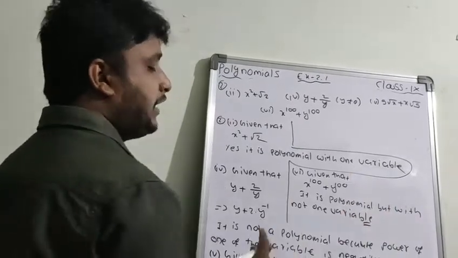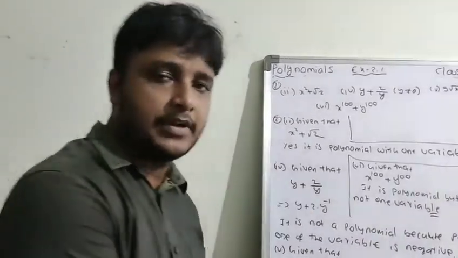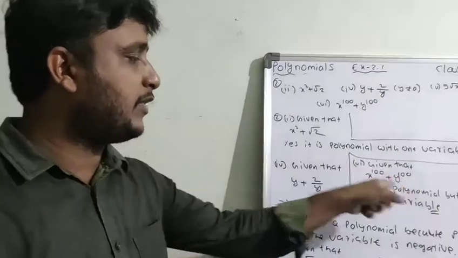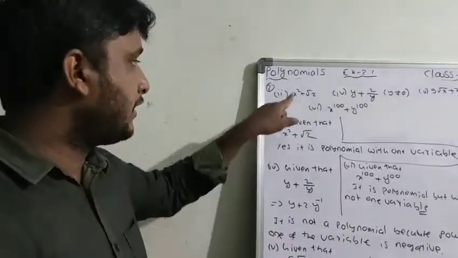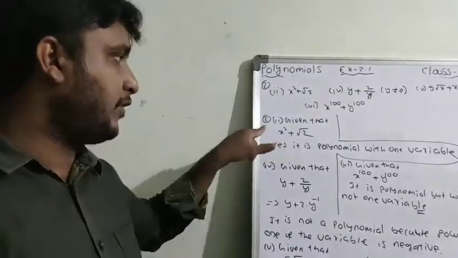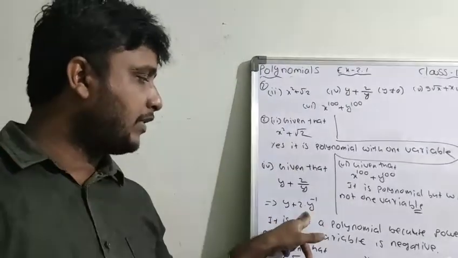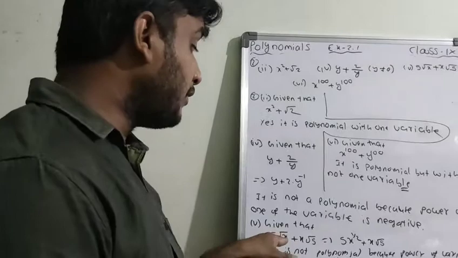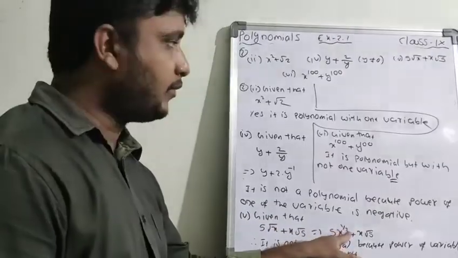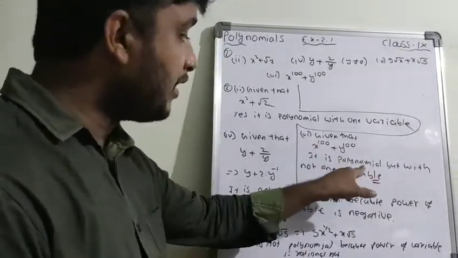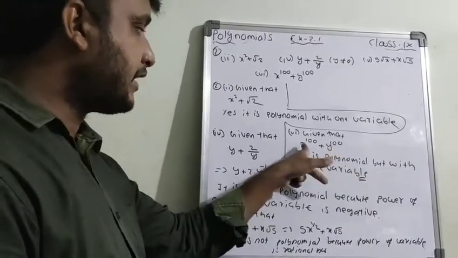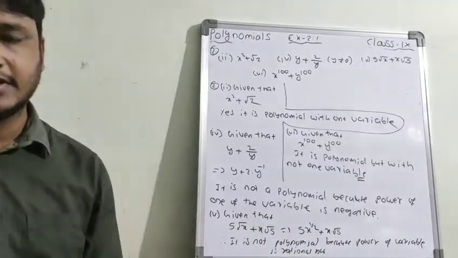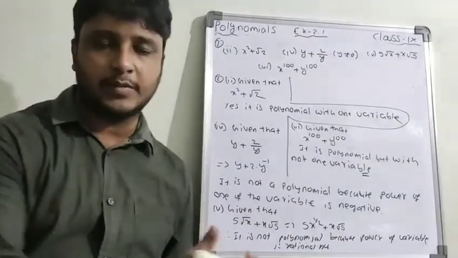Here two conditions they are asking: polynomial and one variable. This is a polynomial, but not one variable, two variables. And this is a polynomial and only one variable. Very good. But this is not a polynomial. Why? The power of the variable is negative. And this is not a polynomial. Why? Because the power of the variable is a rational number. And this is a polynomial, but it is not in one variable because x and y, two different variables, are there. So this is the way you have to do the remaining questions of this bit.